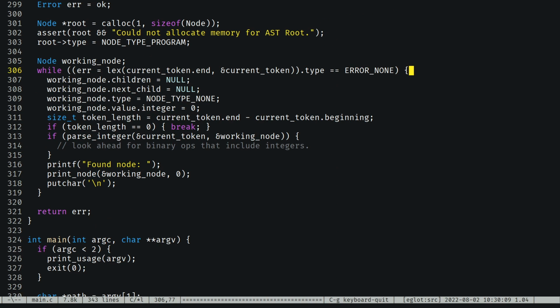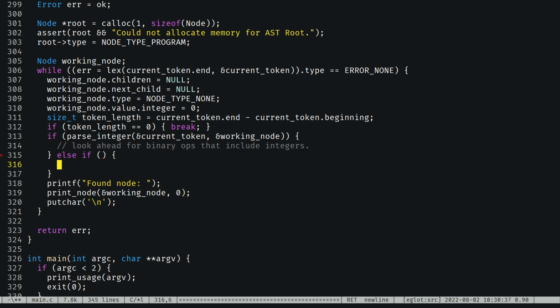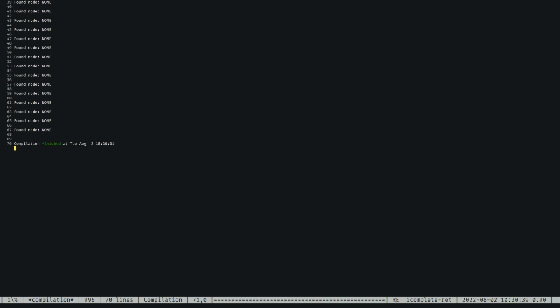Okay. So when we now parse an integer, we can look ahead for binary operators. So if we don't parse an integer, what else are we looking for? Well, for now,